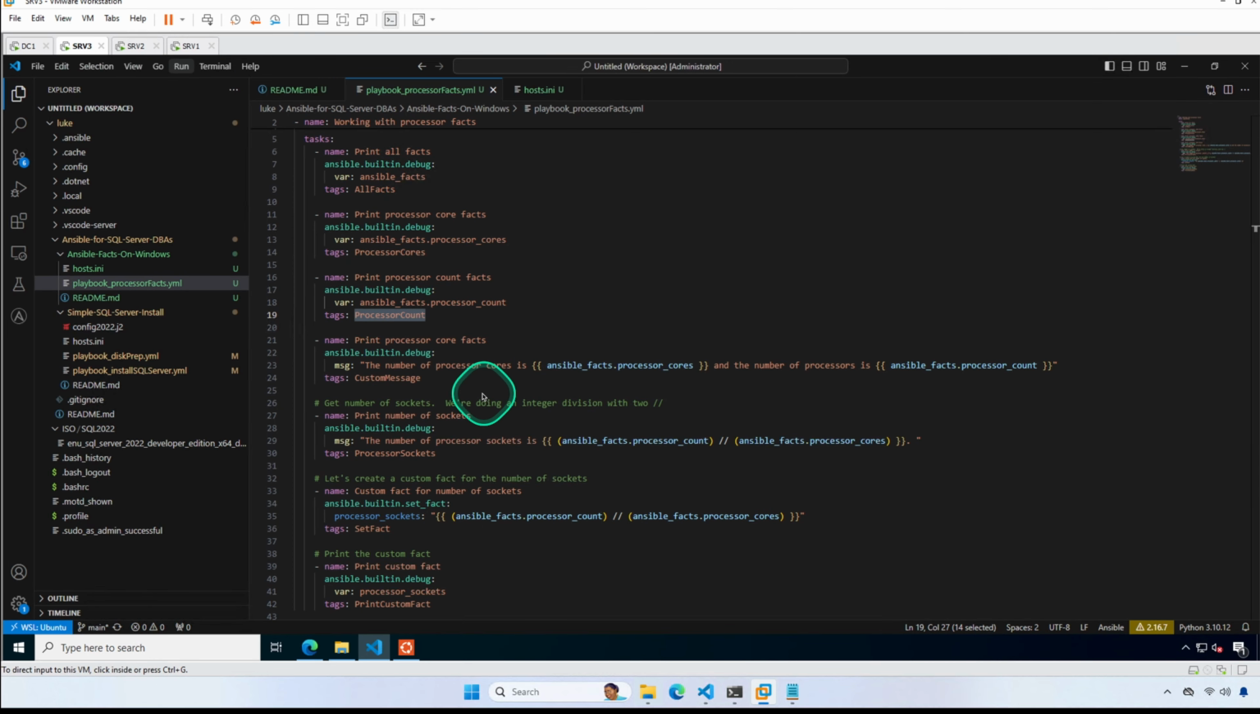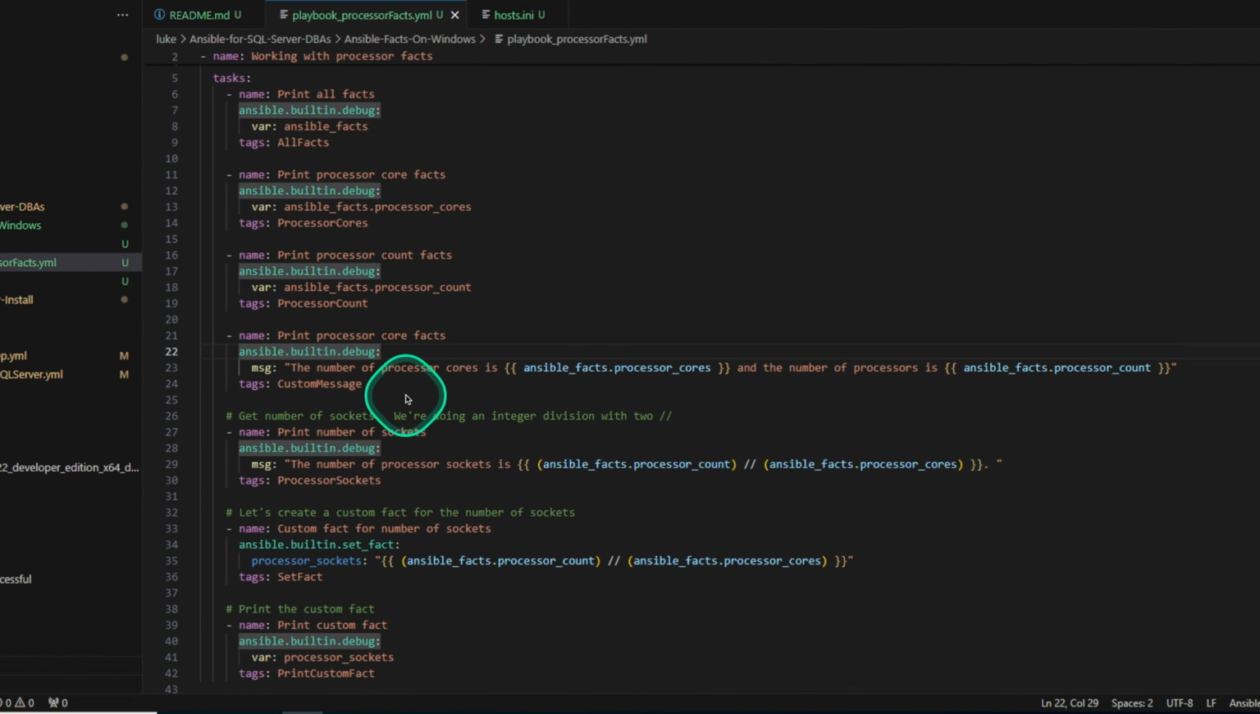Let's jump back over to SRV3. We're gonna run the next one. Here we switch to use message. Message is where we can create our own message, and then we're going to say the number of processor cores is, and then we're going to pass in this fact. So this